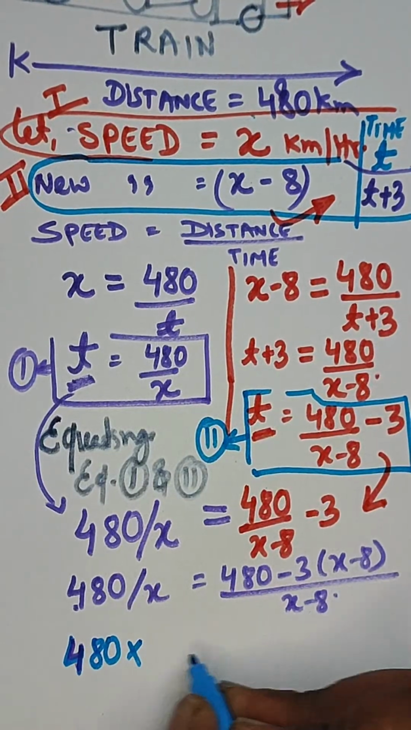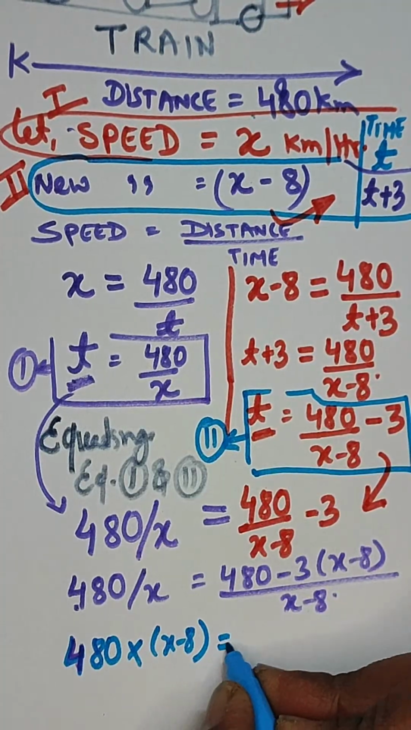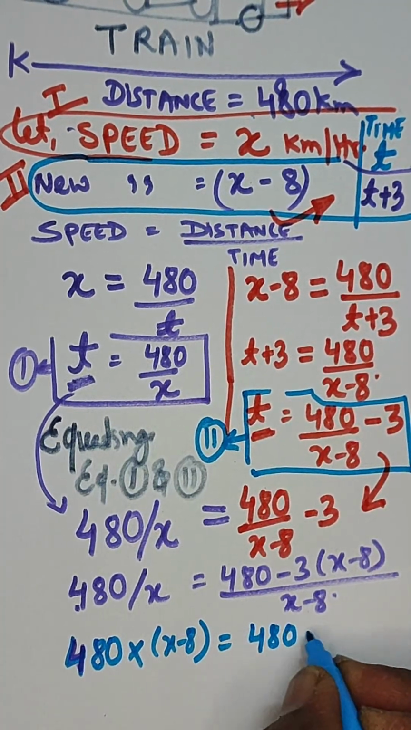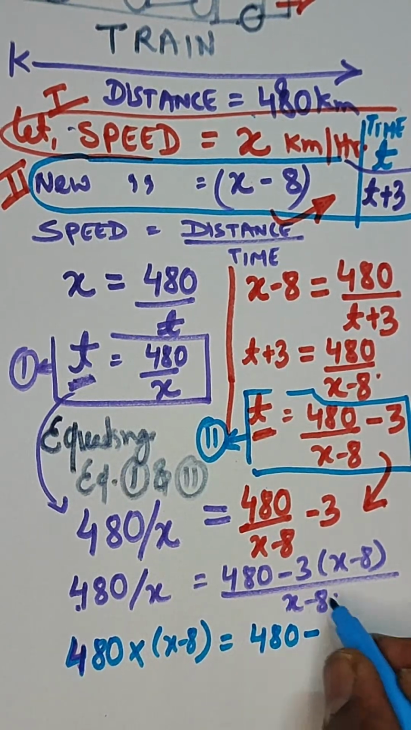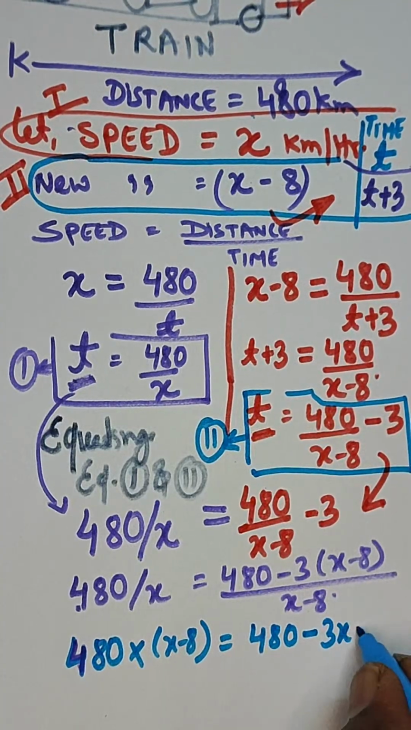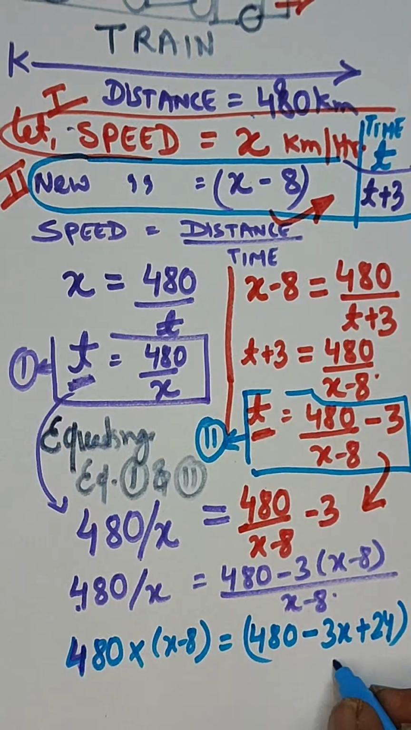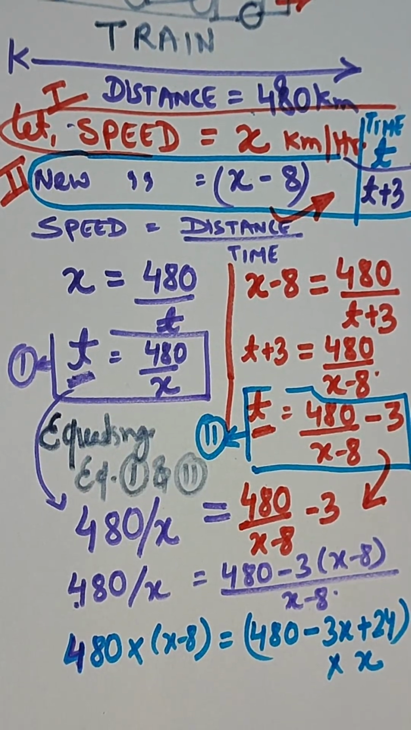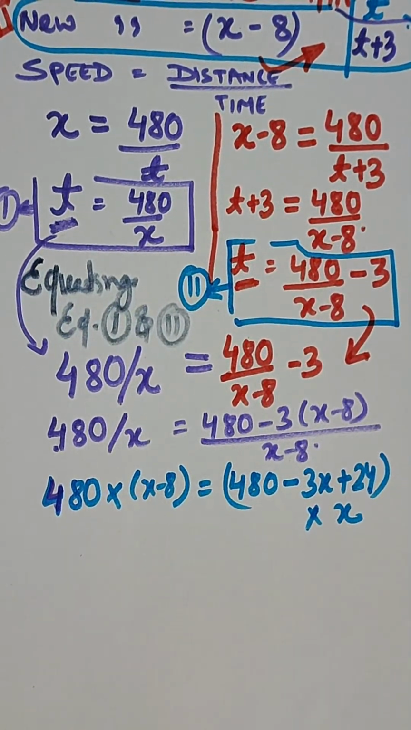480 multiplied with x minus 8 is equal to, here into the RHS, 480 minus 3x plus 24 whole multiplied with x, right? Now from here we can see that into the next step,